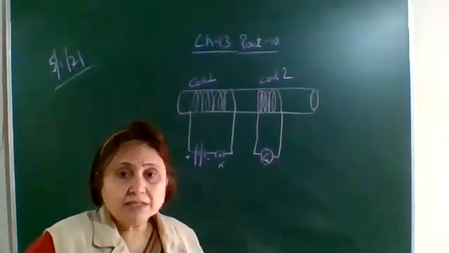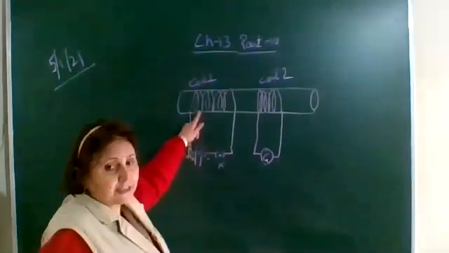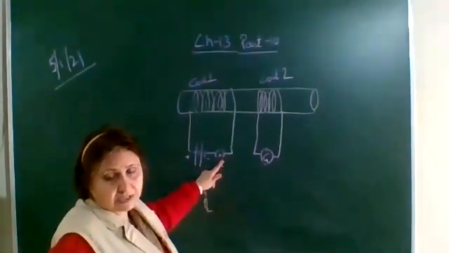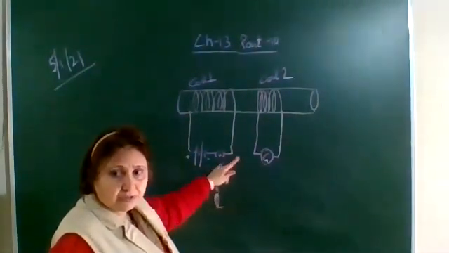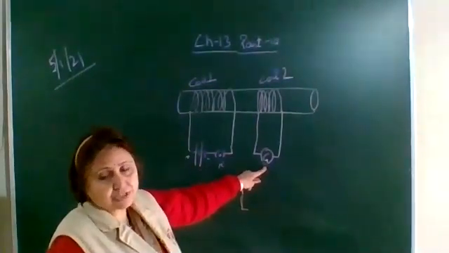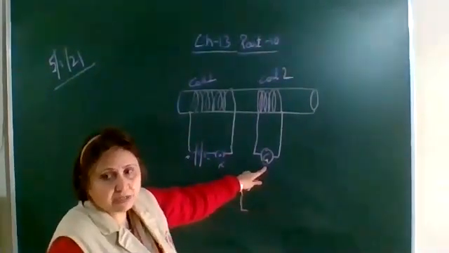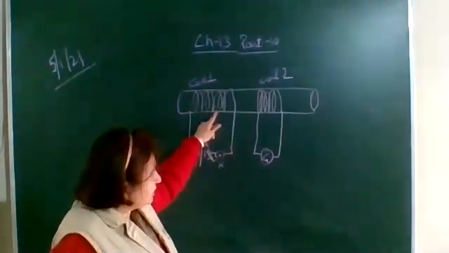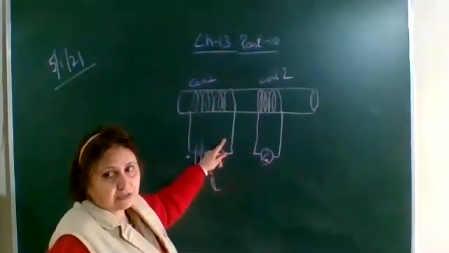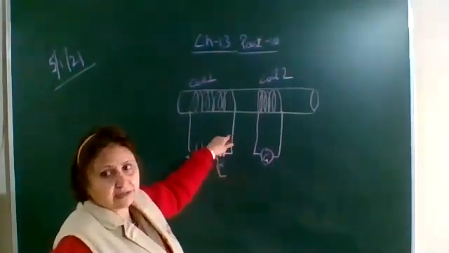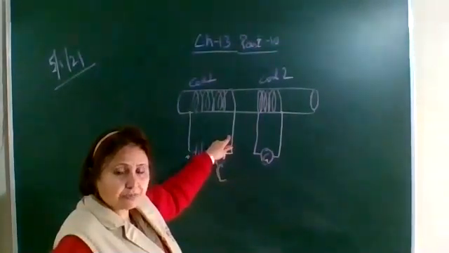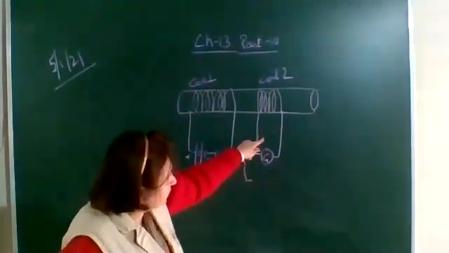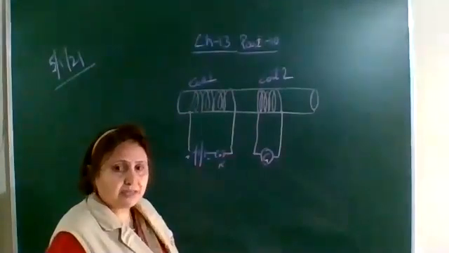The second method is by changing the magnetic field lines, that is, by changing the current in one of the coils. The induced current will be produced in the second coil, the secondary coil. How could the magnetic field lines be changed? By changing the current. The induced current can be produced in the second coil.